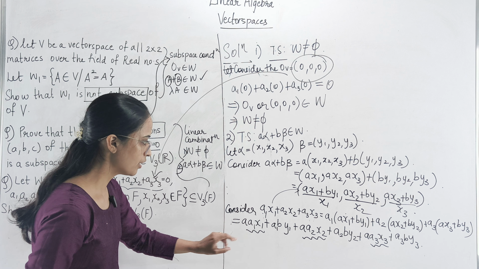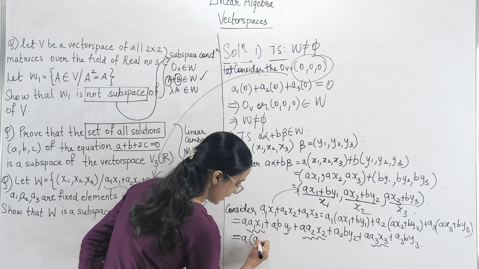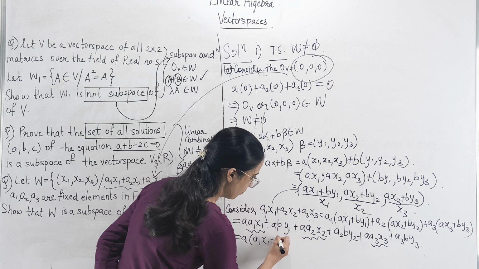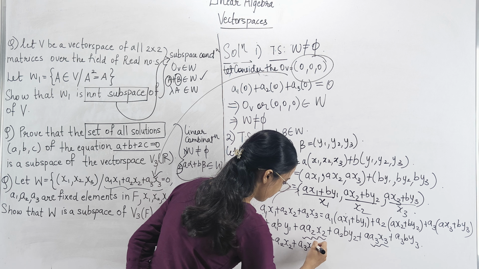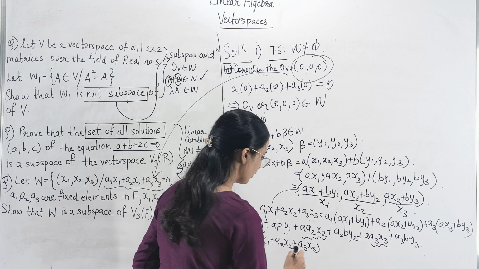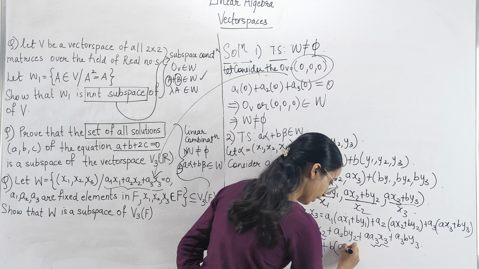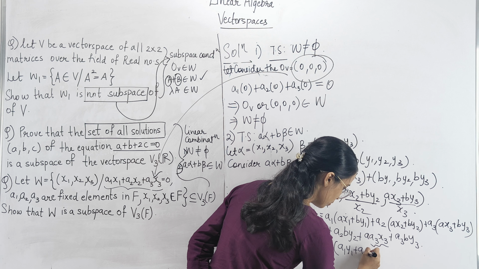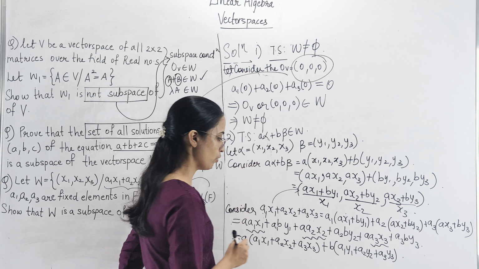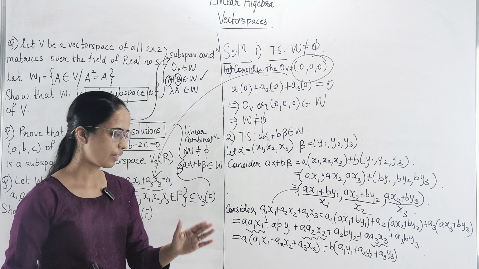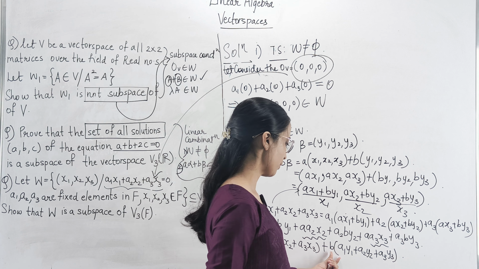इफ यू सी द कॉमन टर्म ओवर हियर इज a, तो उसको हम लोग कॉमन लेंगे. What is left inside is a1 x1 plus a2 x2 plus a3 x3. ठीक है, likewise you are going to take b from the other three terms common. So you will get a1 y1 plus a2 y2 plus a3 y3. Now I want you all to clearly observe the equation that we have got. A तो चलो एक स्केलर है जो हम लोगों ने लिया है. B is also one more scalar.